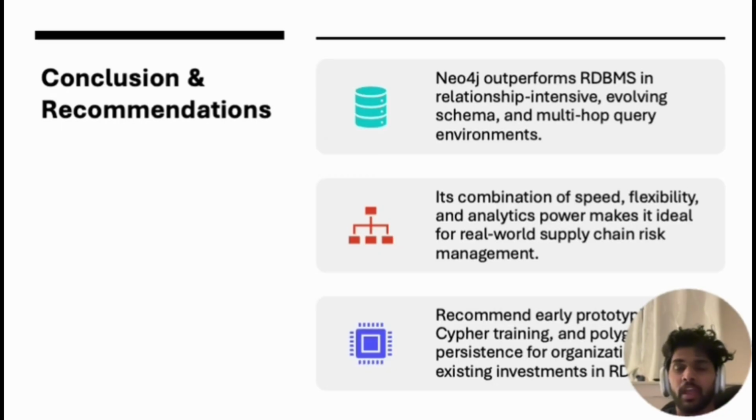analytics, and many more. For teams working on supply chain, fraud detection, or recommendation engines, or any domain with highly connected data, I believe graph databases like Neo4j warrant strong consideration. Early prototyping is key, and I would recommend trying critical queries in both RDBMS and Neo4j to see the difference in performance and query complexity first-hand